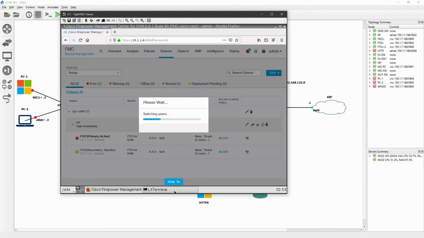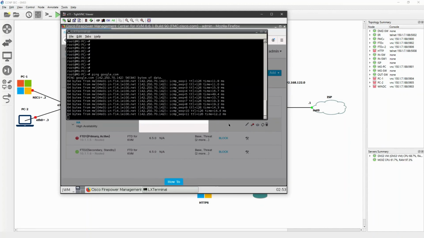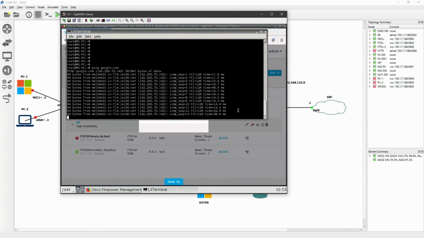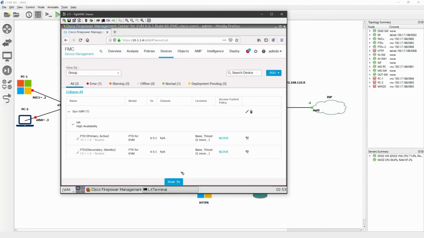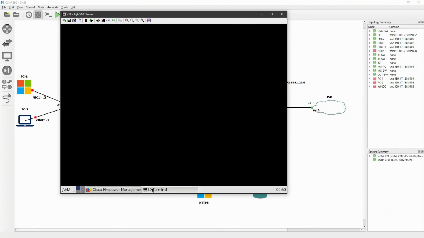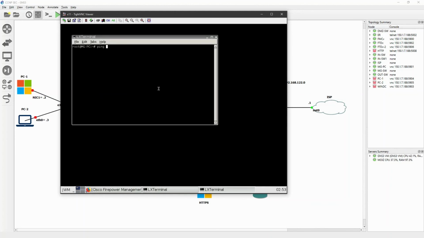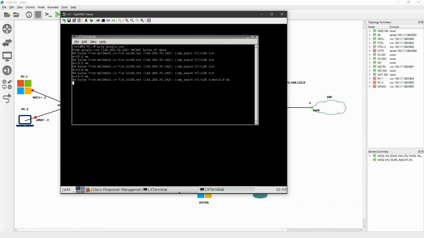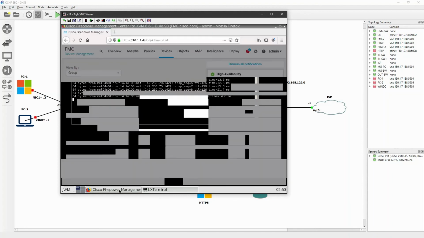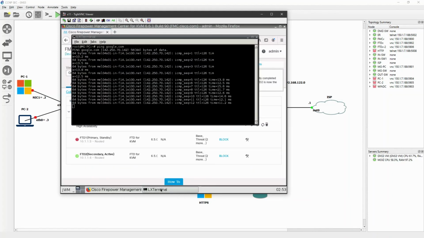And now it is switching, and let me check if there is any traffic drop. That ping to google.com is still pinging. It's still loading up.